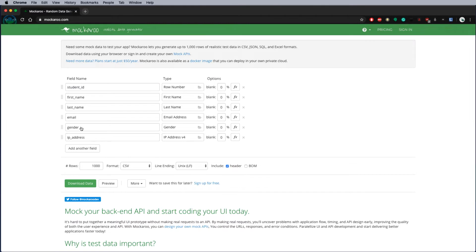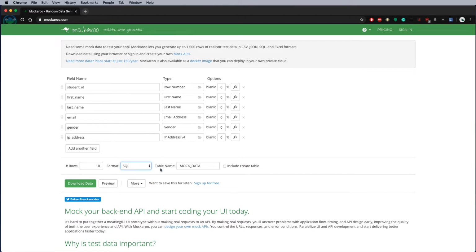If you would like to see the results of your changes, it has the ability to either download the data straight away and view that as a text file, or you can preview it. So the first thing I'm going to do is I'm just going to reduce the amount of rows from 1000 down to 10. I'm going to change the format from CSV to SQL because my result will be going into